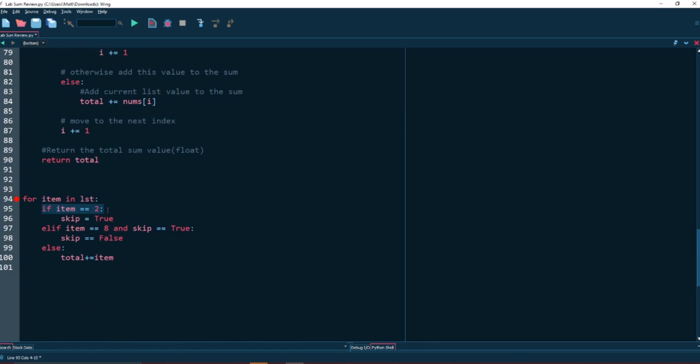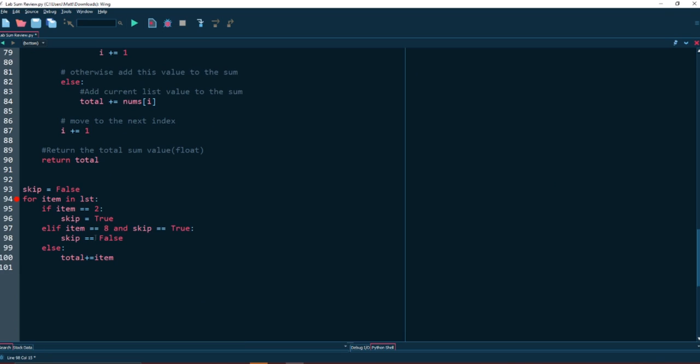So if the item is 2, you can set, actually I missed adding, you have to set skip equals False at the start as an initial condition there because you don't want to be skipping numbers when you first go into the loop. So if you hit a 2, you would set the boolean skip to True because that boolean being true will then make it so you can use an elif. So it's important that you have elif here because if item is 2, you don't want it to trigger anything else. So elif item is 8, this will go if it's 8 and skip is True.